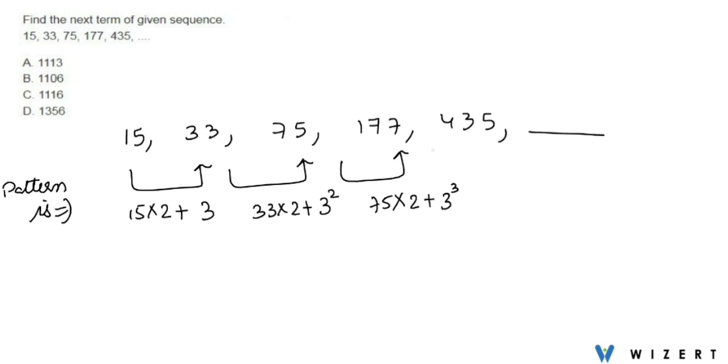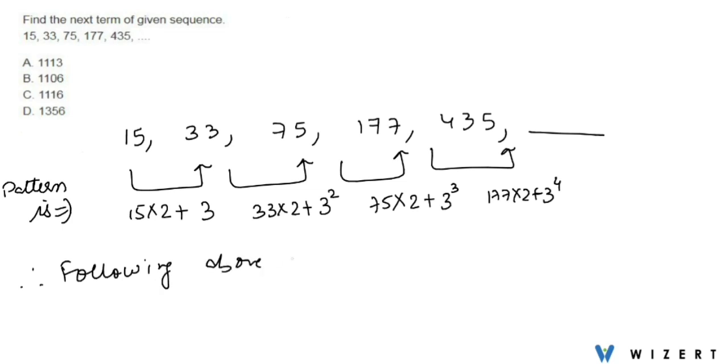This is 177. Similarly, we can write 435 as 177 multiplied by 2 plus 3 to the power 4, that is 81. So if we add this, we'll get 435. So this is the pattern. So following the above pattern,